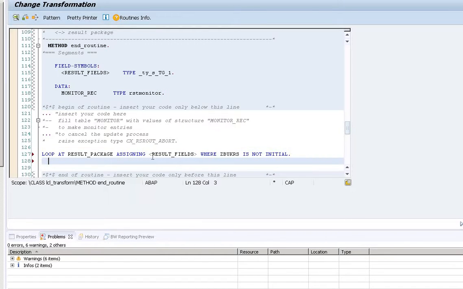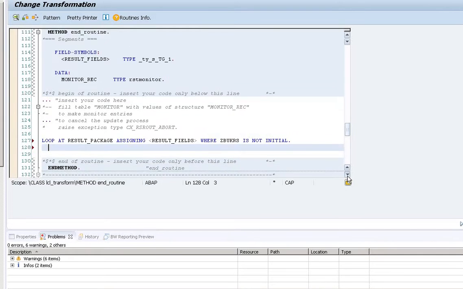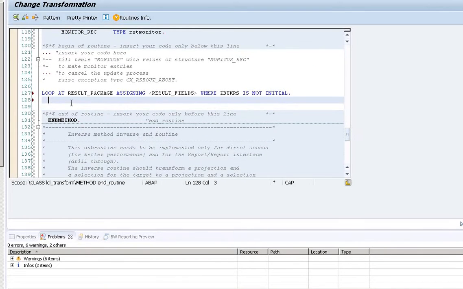Once you assign this data into a field symbol, then you can utilize this field symbol data one by one for any kinds of operation. Suppose I'm going to write an if else statement, and result fields, and I have a field here MATNR.